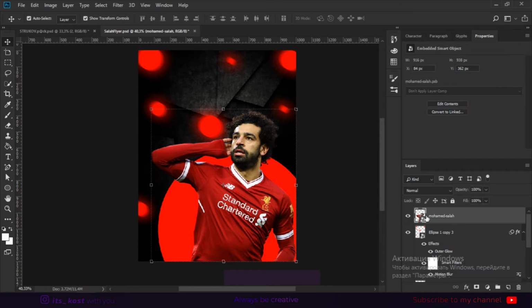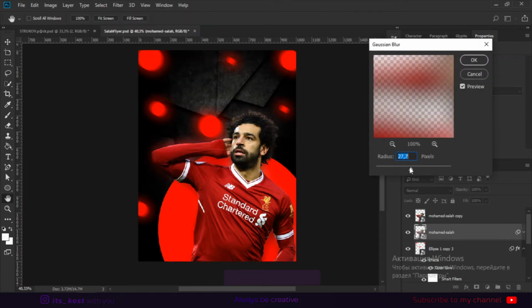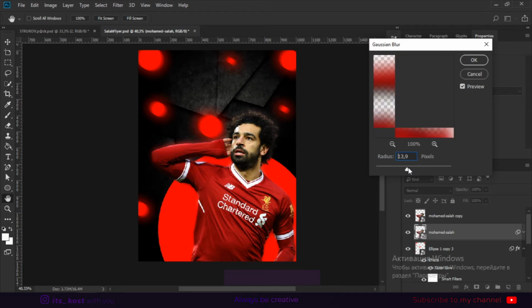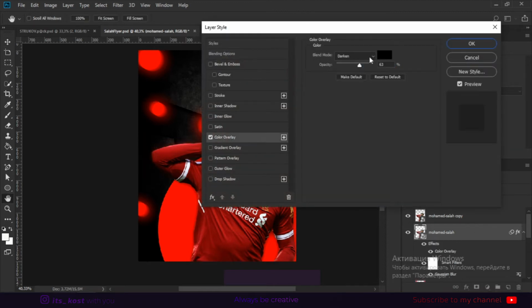Then we choose our Salah and click Ctrl+J. Choose the layer below, go to filter, blur and Gaussian blur to 20 pixels. Then double click on our layer, color overlay and